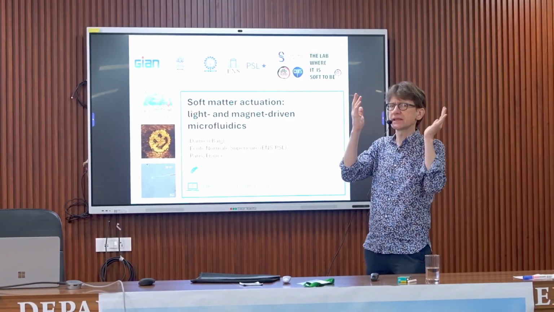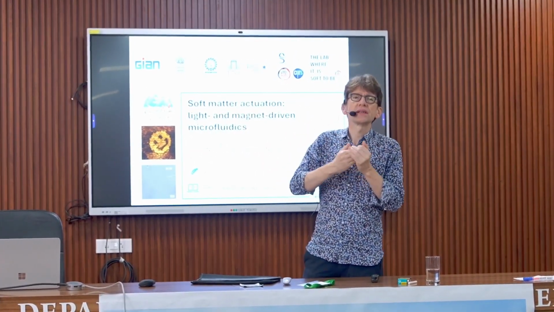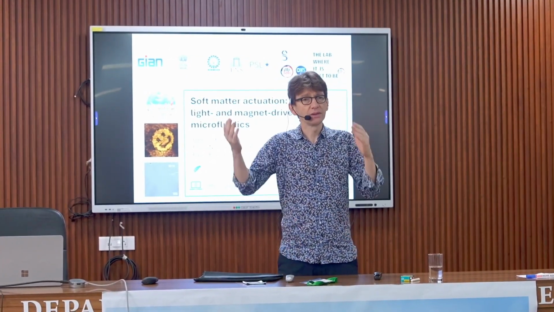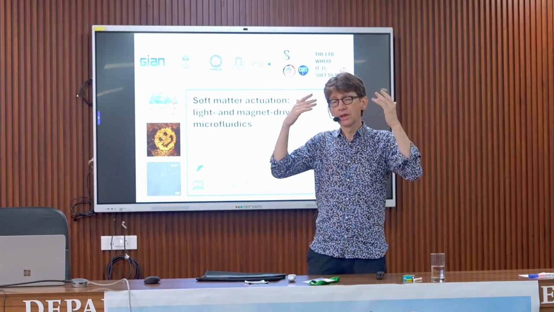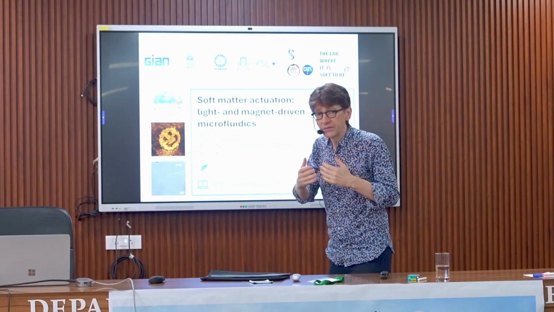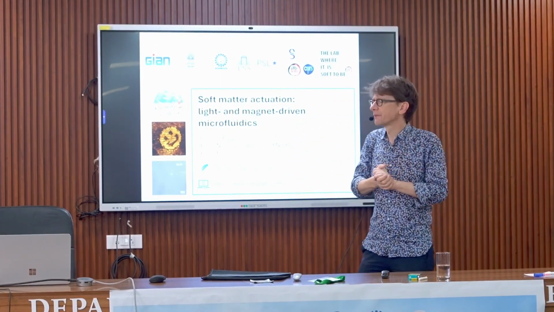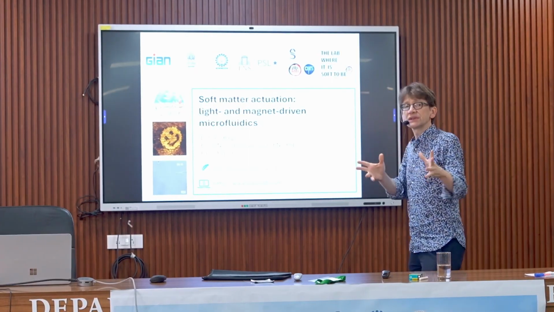Like you have glasses that use some photochromes so that their absorbance will change depending on the wavelength. So when there is UV, it will become less optically transparent to protect the eyes. You have these kinds of things, but there are not so many. And the reason for that is that